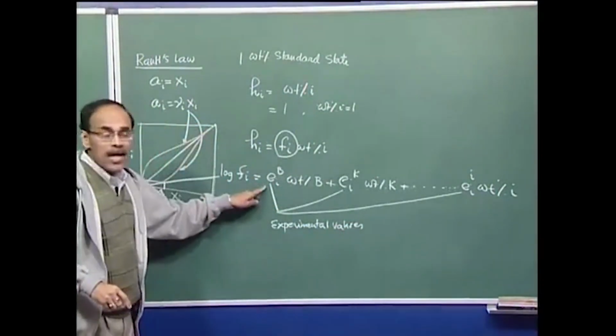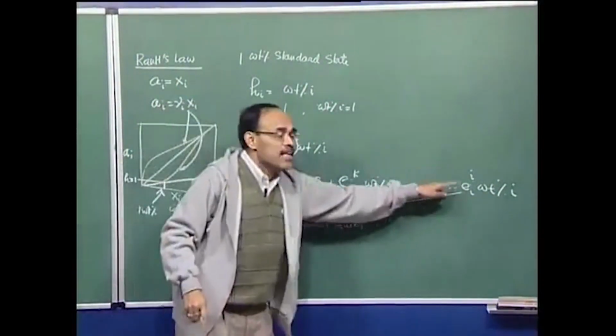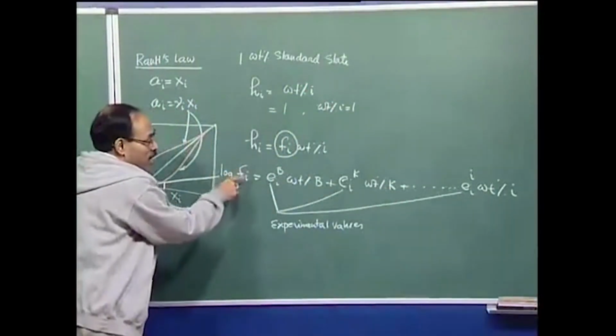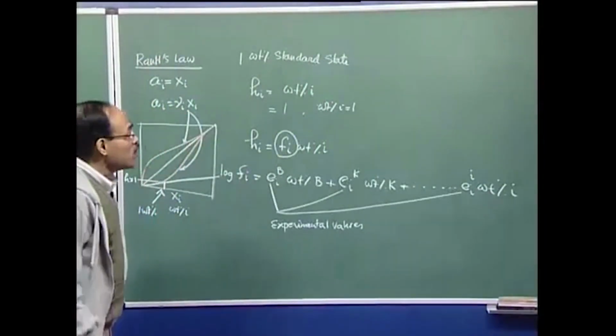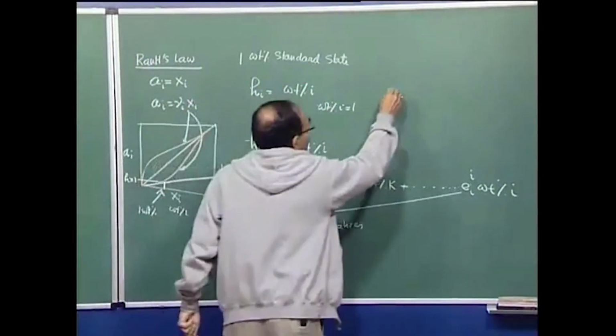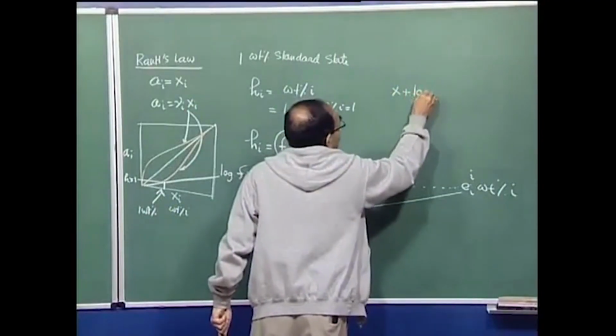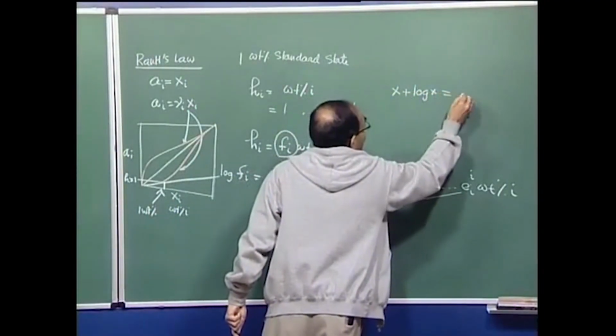So, these are known, and these compositions B, K, etc. can be known, but as you see here, Fi itself is a function of Wi. So, therefore, when you solve this kind of an equation, we get an equation of this particular form,